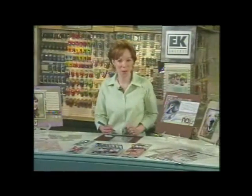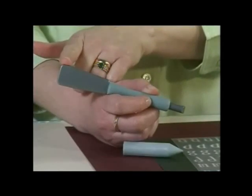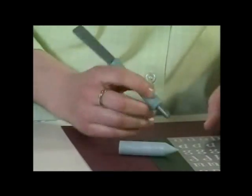If you have the EK Success rub-on tool, you will throw away all those popsicle sticks you got with your rub-ons. This makes putting a rub-on down much easier. It has two tips to it. It has the paddle end and the chisel end. All you have to do with the chisel end is